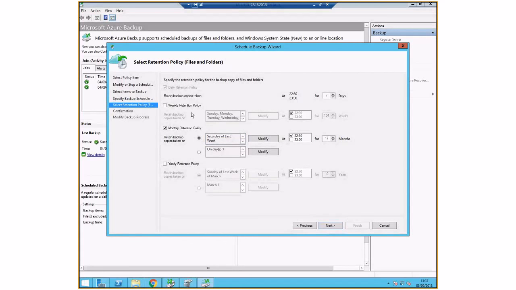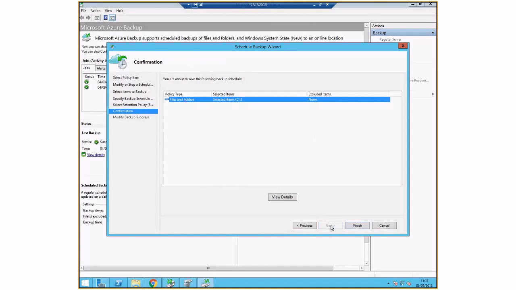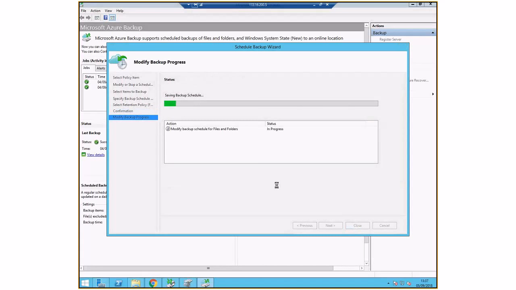This is what I quickly explained before. This is the place where I say it's a daily backup and I want to keep it for 7 days. I want to do a weekly backup as well, every Sunday or Tuesday, and then I can pick the time and the number of backups I want to keep. It could make sense to have a single backup every Saturday and keep it for 4 weeks, and then the monthly backups and so on. Then just click next. There you go. Now I will just click finish, and it's just a matter of waiting for the backup.